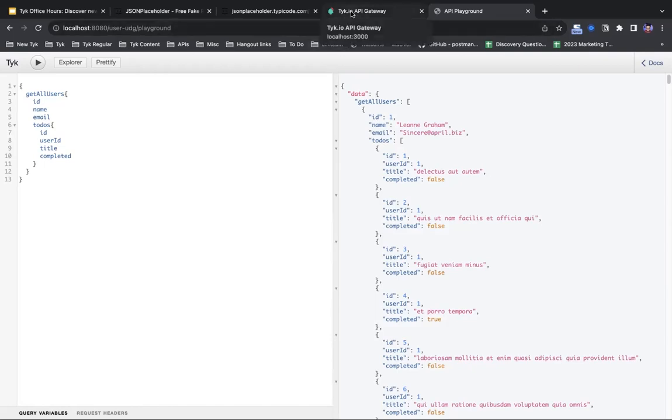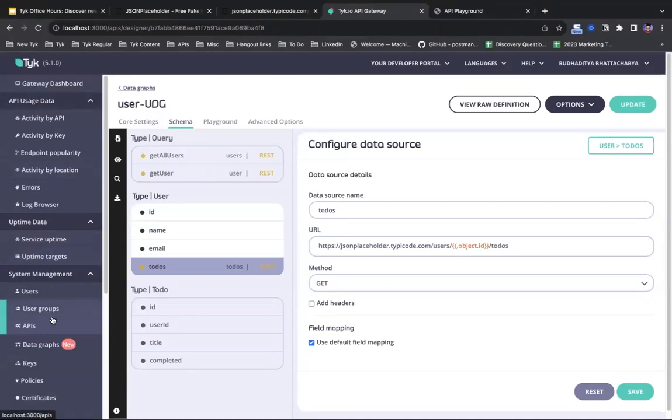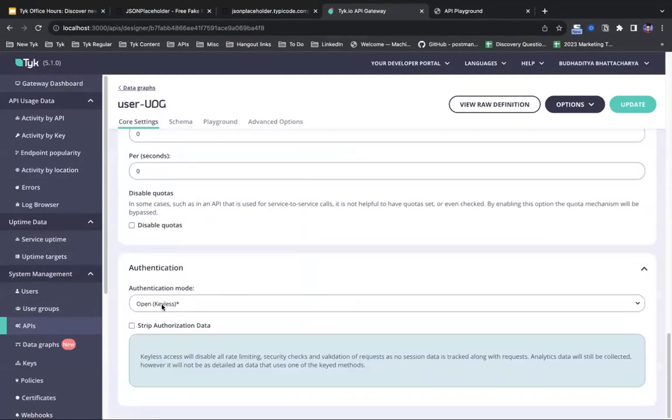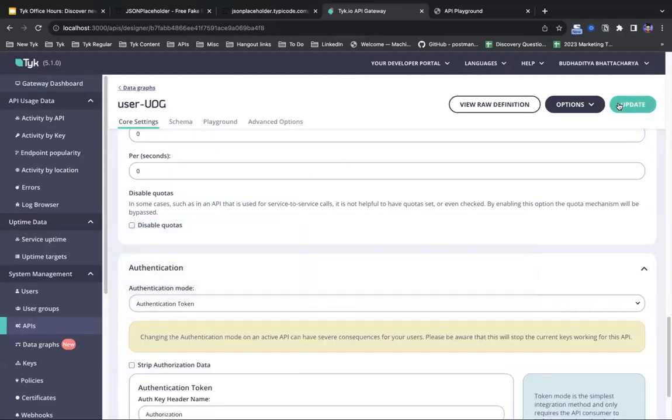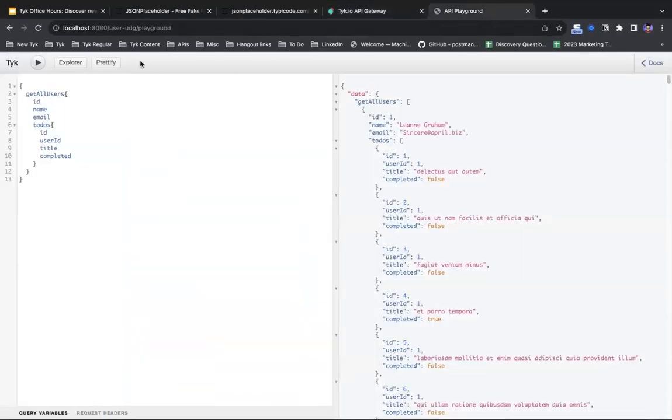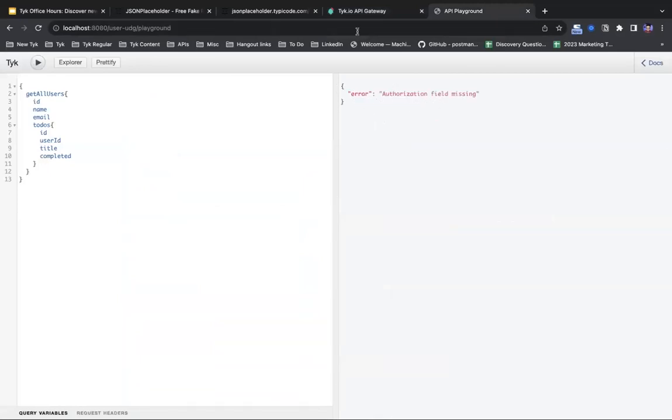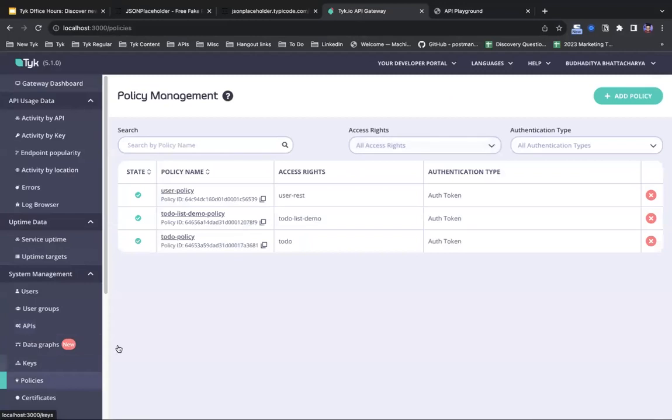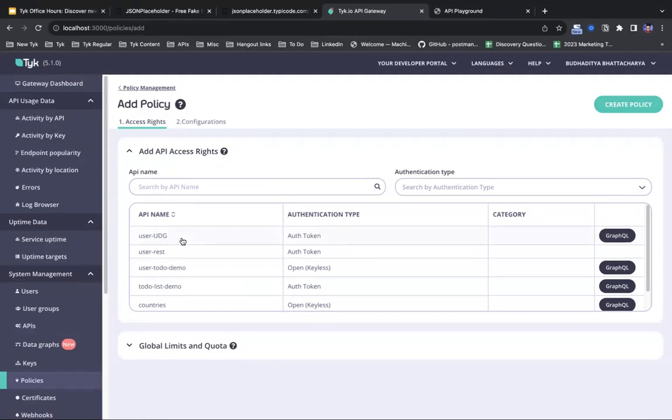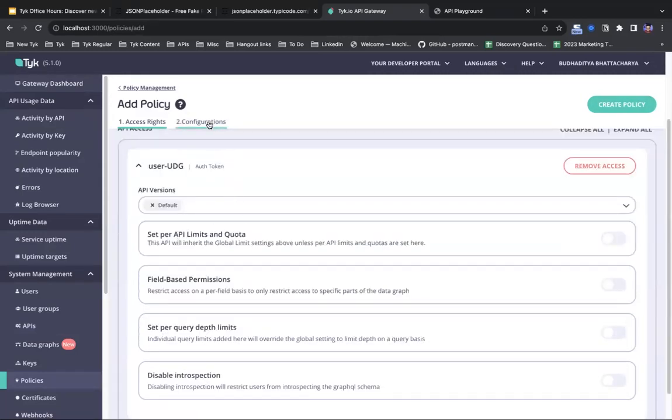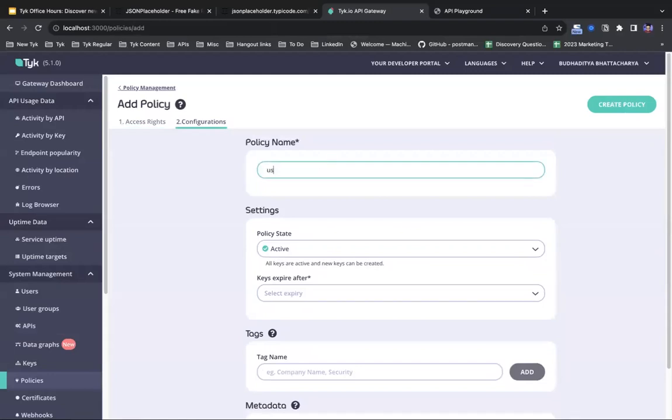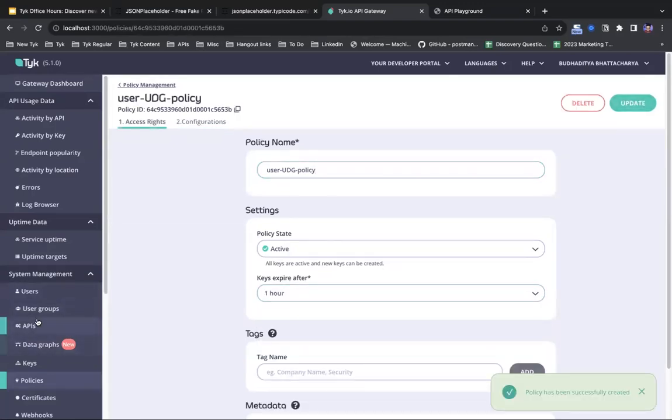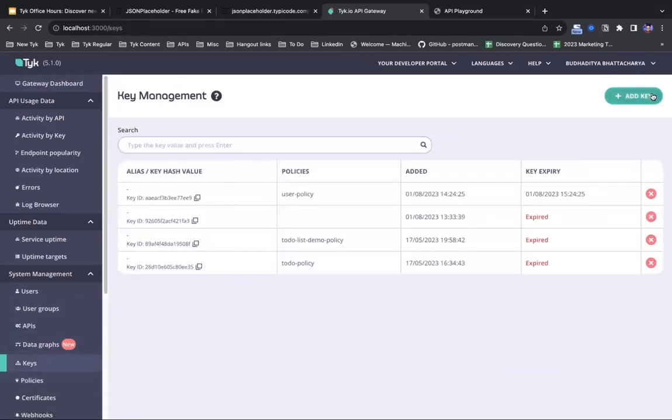So let's go back over to our Tyk dashboard. Now, if you remember, we had changed this to open keyless. Let's change that to authentication token, hit update. And once again, you will immediately see that it has restricted my access. I'm going to head back over. If you've been following along, you will remember that you have to create a policy, this time with user UDG. I'm going to give it a name, user UDG policy. Also expires in an hour. And create a policy. Head over to our keys, add a key,